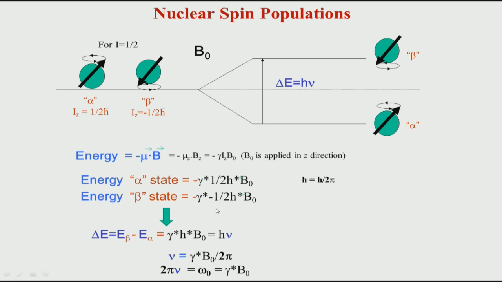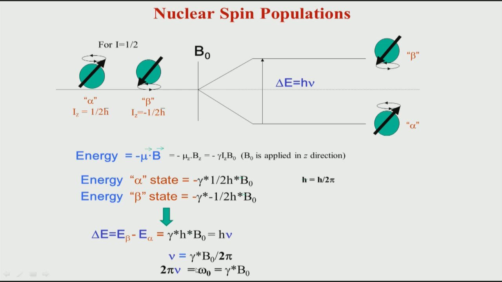So, what we need to find out is the difference between the upper energy and the lower, that is the difference in the two energy levels. If you calculate this value, delta E is equal to this value, and that is equal to the energy we want to supply, which is nothing but gamma times B0 over 2 pi. Now, remember, in radians per second, that is in angular units, you multiply this 2 pi with this mu, and that is nothing but omega 0 equal to gamma B0.